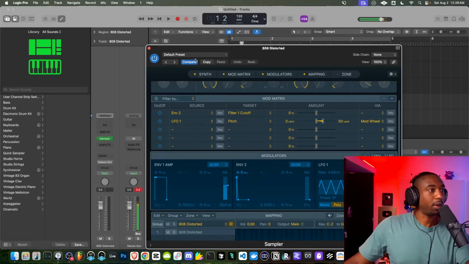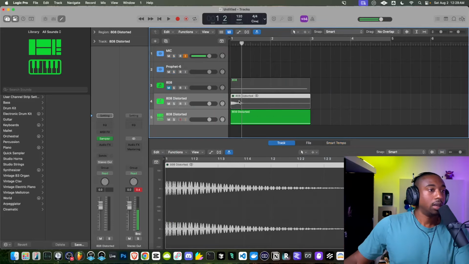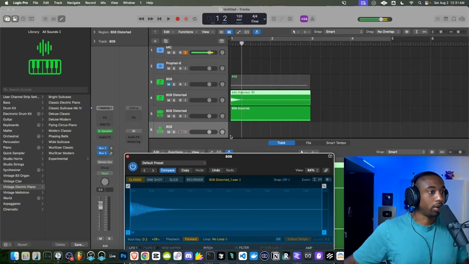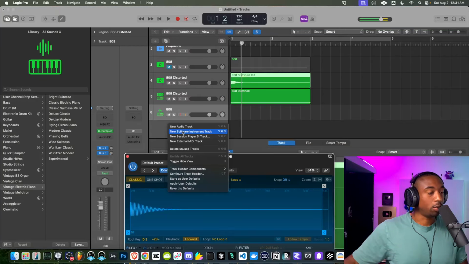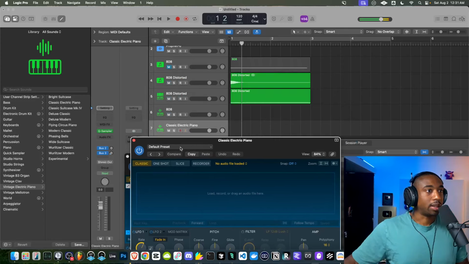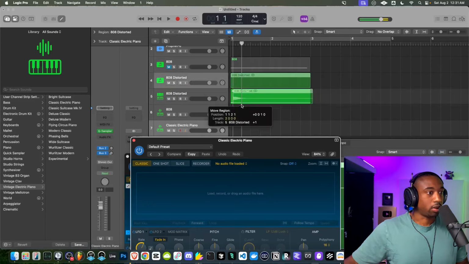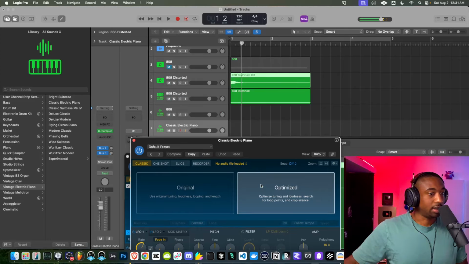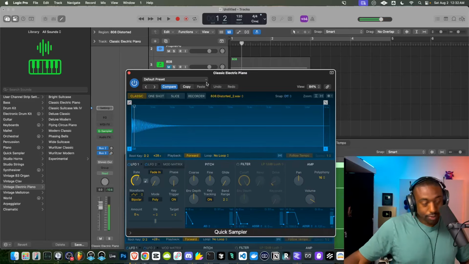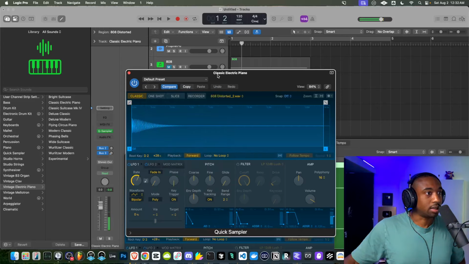I thought this was going to load it up in a quick sampler. Let me see if I can find the quick sampler. All right, so what I did basically real quick is I just right clicked, opened a software instrument, switched this to sampler, quick sampler, and I dragged the audio file just visually. I just dragged the audio file over top of it and sent it to the optimized mode. So now we have more control over the 808. I'm sure there's a faster way to do it than I just did it.